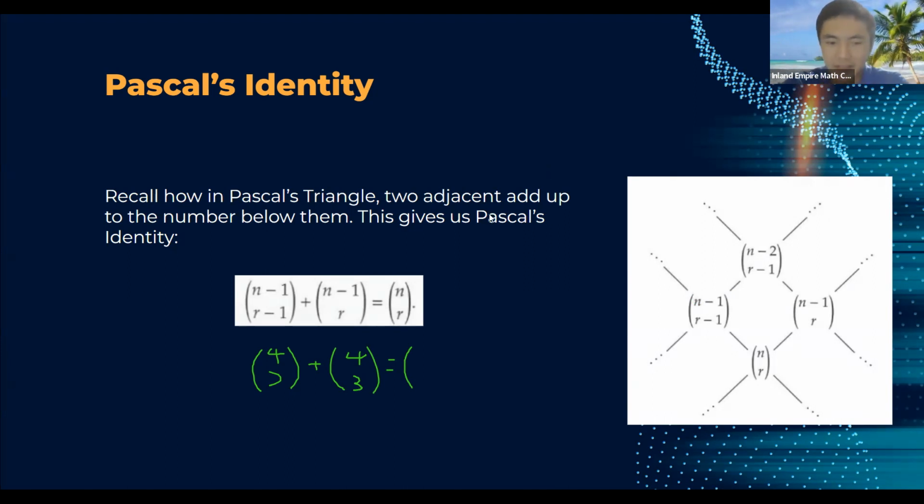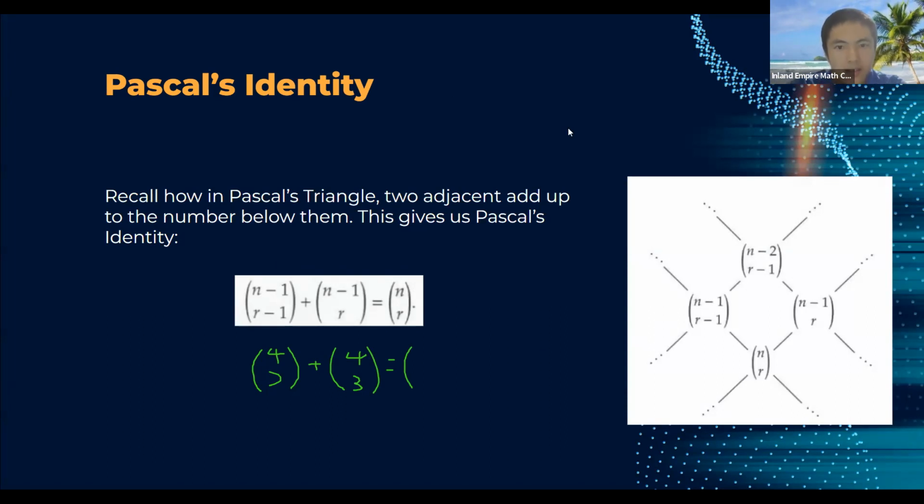Does anyone want to conjecture what the answer would be, adding 4 choose 2 and 4 choose 3 together? Remember that we're just using this formula, guys. Okay, Asher. Remember, Pascal's identity states that when you add two adjacent numbers in Pascal's triangle together, you get the number below them. So if you add 4 choose 2 and 4 choose 3, you would get the number that's below them,